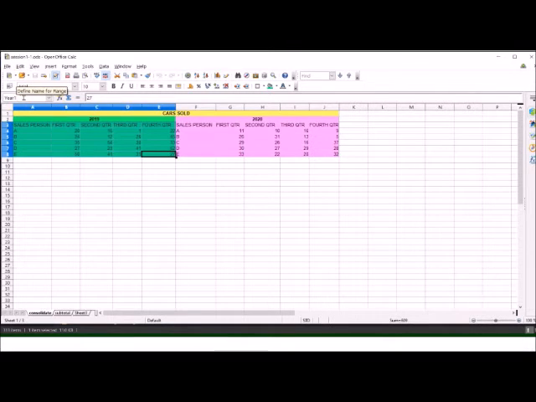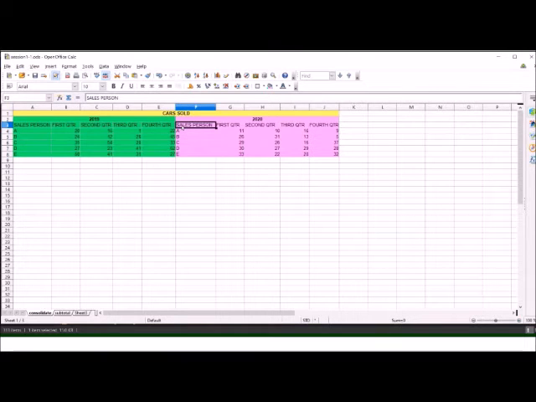We can see the define name option here, and we have given a name to this range. Now we will select this second range which starts from F3 and give some name to this range also. For this, again we will select this range and give it the name, say year 2.